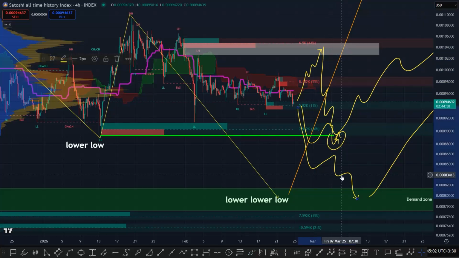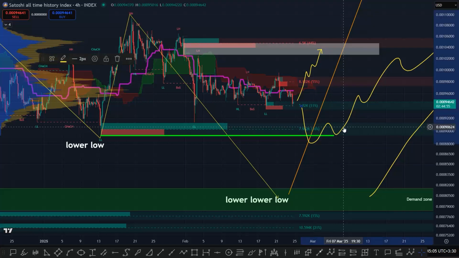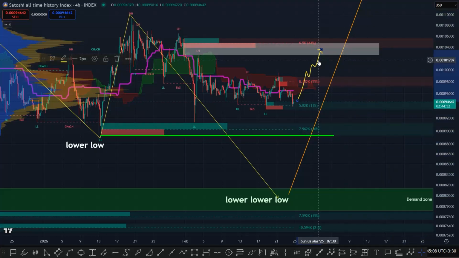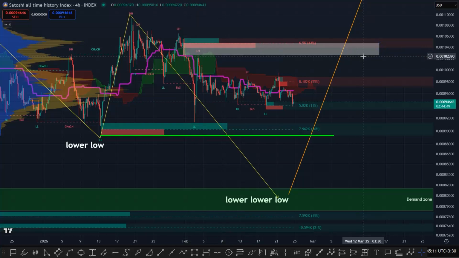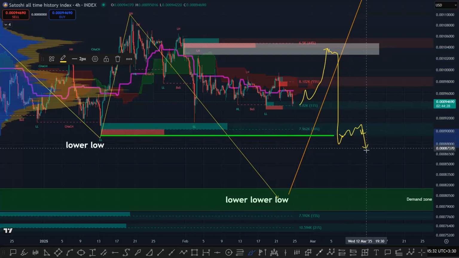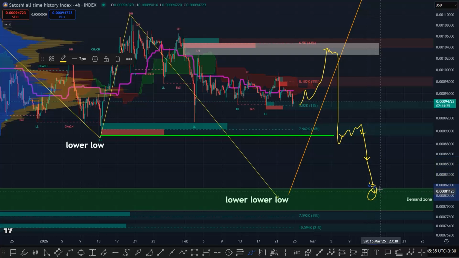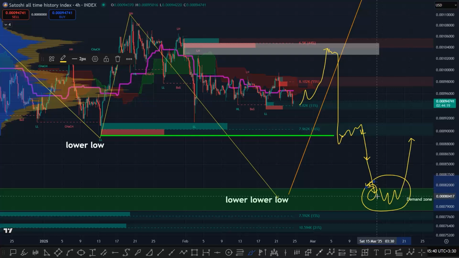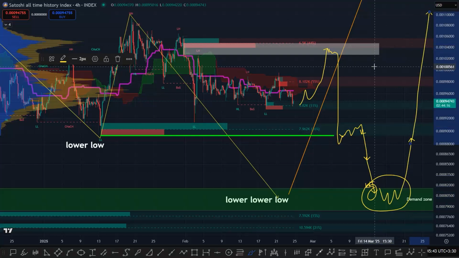So let me clean the chart for a better visual. As I said, we have a fair value gap here. This fair value gap also can act as a magnet. So we have several magnets here. If I see something like this, I'm gonna look for a short position, and my target will be below this low. In this low, if we see something like this, I'm gonna again short it to this level. Here I'm looking for a QM pattern, and if I see a QM pattern in these levels, I'm gonna buy longs, and my target will be plus